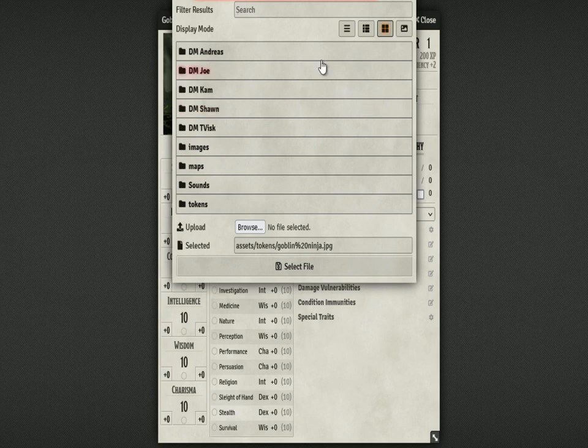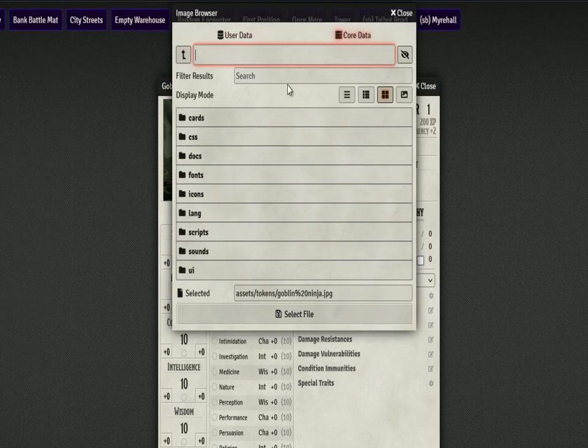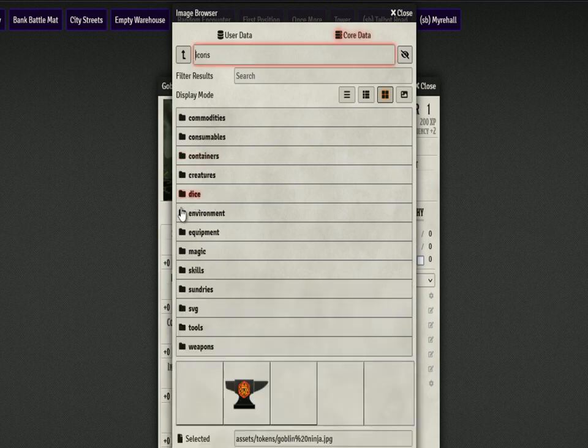Now, let's talk about this core data stuff. These are images or files that are under core Foundry, core Foundry images. There's actually, for images, a lot of resources under here, under the icons folder. So when you click on core data, go to icons, there's going to be a lot of images under here, and they're separated